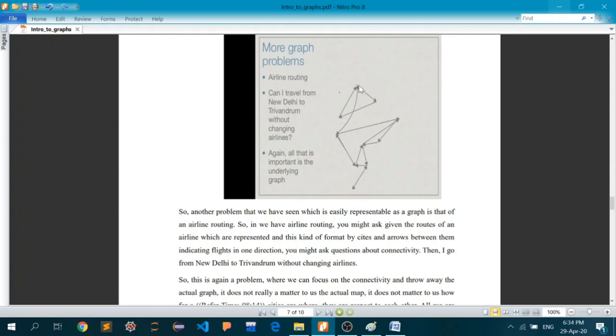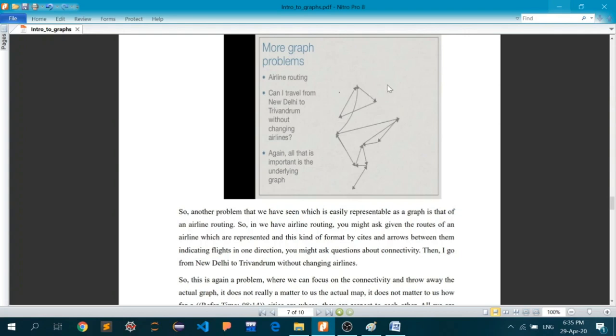So if you have to go to Shimla, you can take a flight, but if you have to come back via air route, there is no possible route. So you have to go from, let's say, if this is Ahmedabad, you have to fly from Shimla to Ahmedabad and then back to New Delhi. So this is the kind of relationship that the airline company has devised, or knows from the DGCA data, that there are some flights which fly from a particular airport to a particular airport, but there is no to-and-fro connection in terms of air flights.